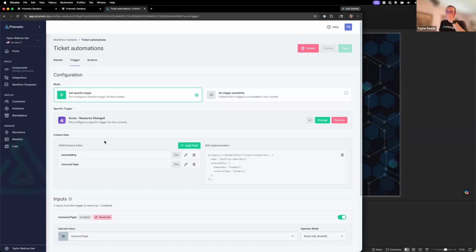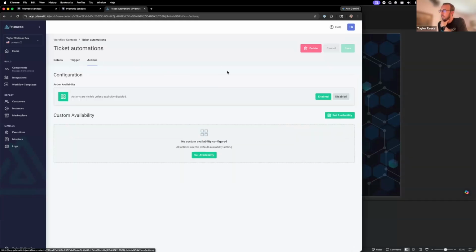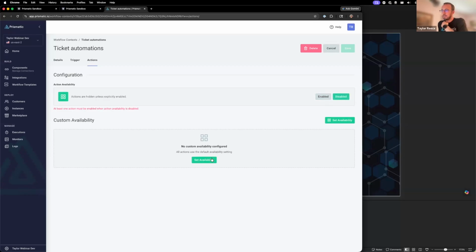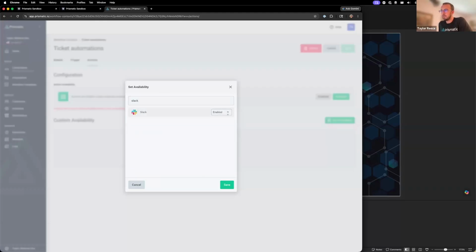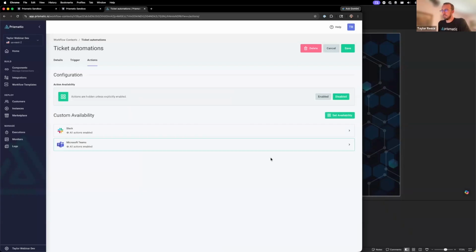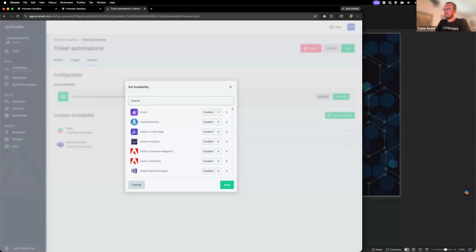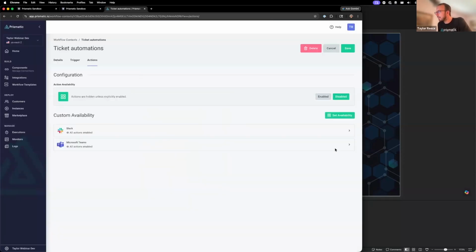I showed that you can add a workflow and specify a specific trigger, a set of triggers that are available. In addition to that, if you want to lock down your workflow, you can by default disable all components, and explicitly say that when my customers open up one of these automations, they are allowed to do Slack things and Microsoft Teams things. Except within Teams, let's say, I might want a few of the actions to be disabled. You can pare down what you want like that, or if you want to say I want all connectors to be enabled,